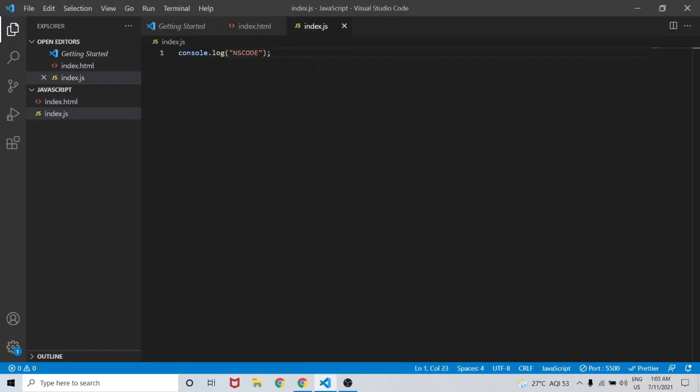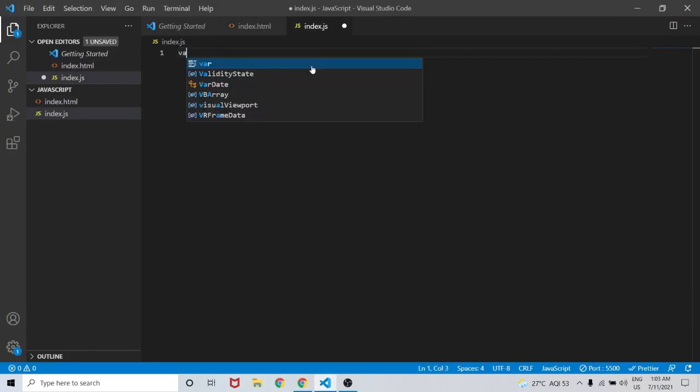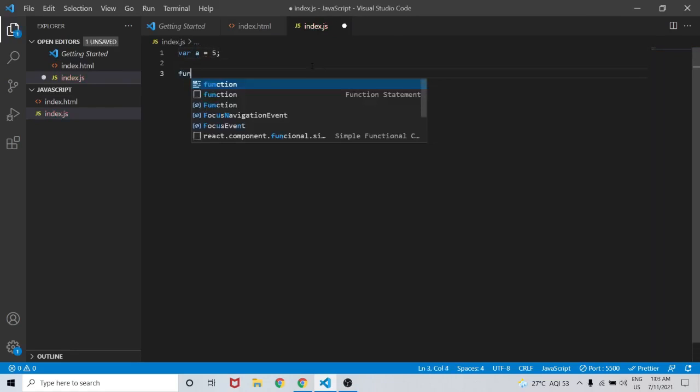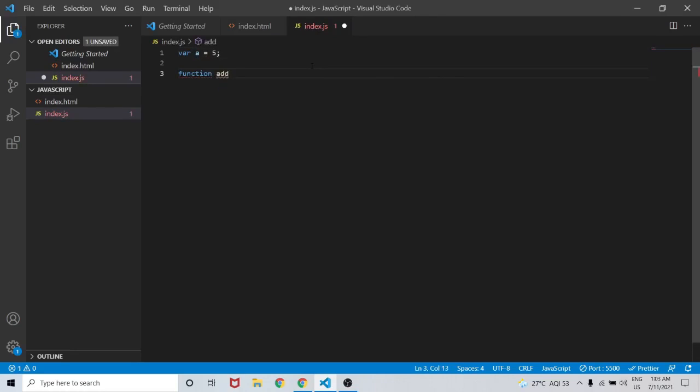We'll create a variable a which is equal to 5, and let's create a function. The function will be named add, with a console.log of variable a. So we'll simply write console.log(a), and we will call the add function inside here only.